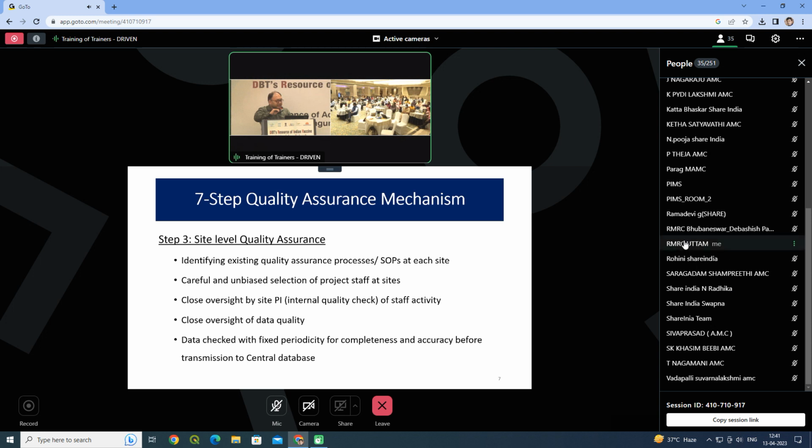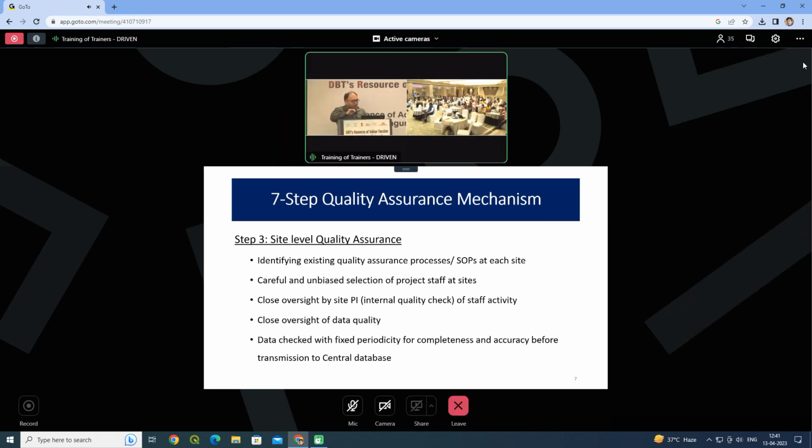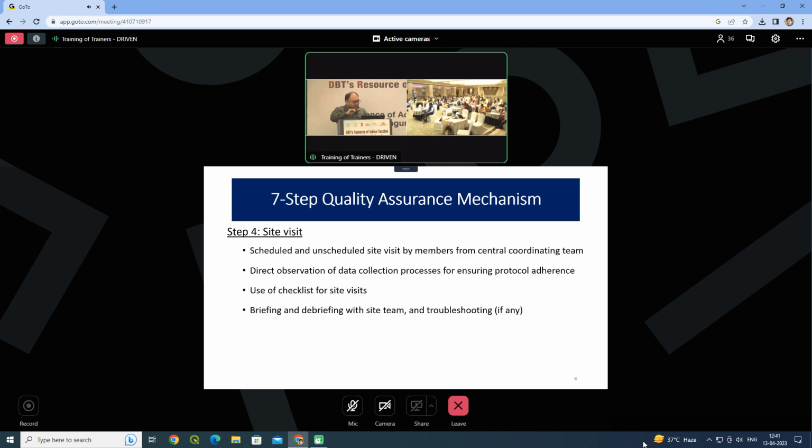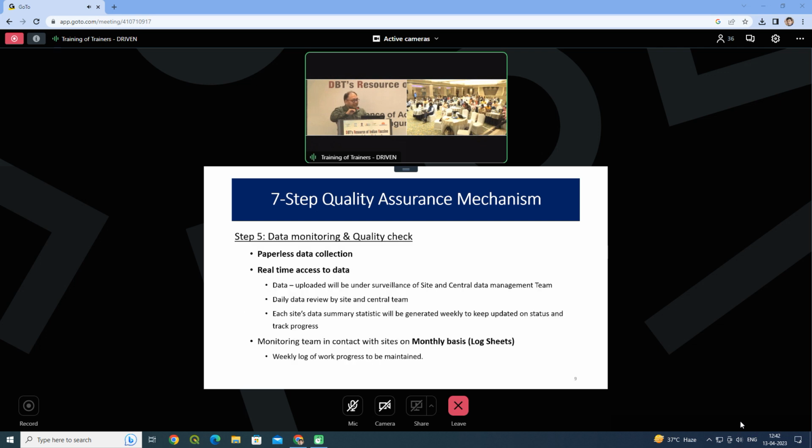The site level quality assurance: identifying existing quality assurance processes and SOPs, careful and unbiased selection of project staff, close oversight by the site PI and co-PIs, close oversight of data quality, data checked with fixed periodicity for completeness and accuracy before transmission to the central database. Site visits, scheduled and unscheduled, can be planned by the central coordinating team, with direct observation of data collection processes for ensuring protocol adherence, use of checklists for site visits, briefing and debriefing with the site teams, and troubleshooting. Data monitoring and quality check, like paperless data collection and real-time access to data,